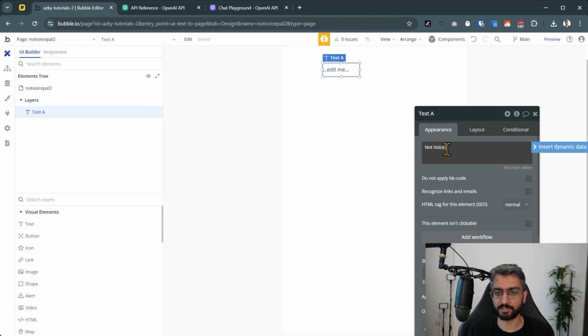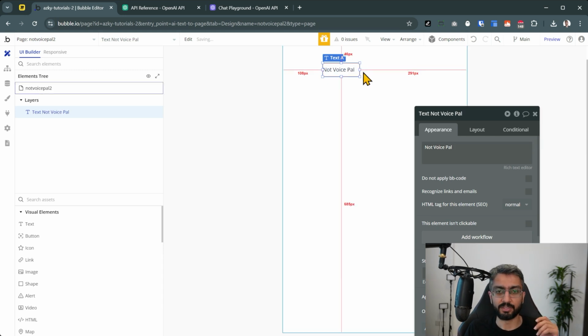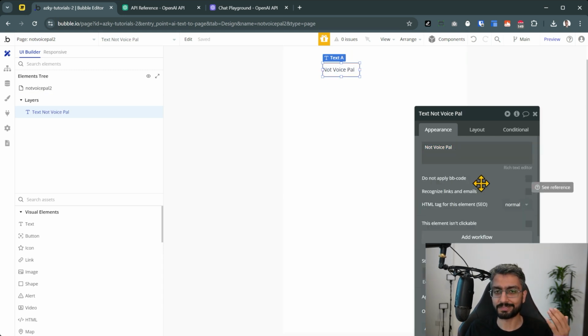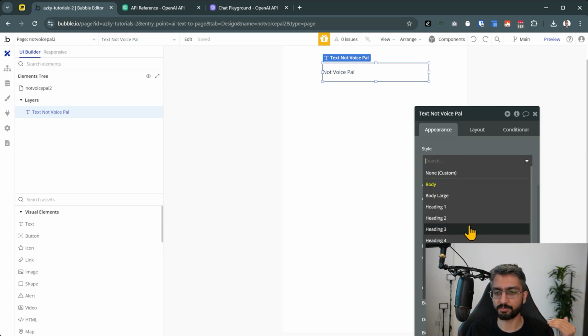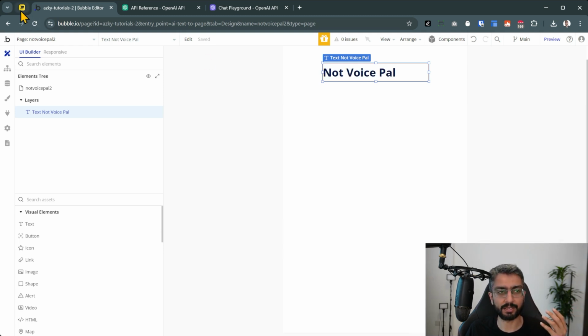If Ali is listening, please don't sue me. Now, I would like this to be slightly big. So I'm just going to make this a bit bigger, and I'm going to scroll down till I find the style option, and I'm going to change it to something like heading 3. Looking back at my reference,